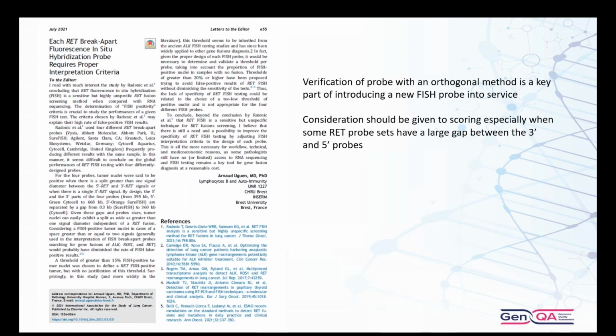But there was also a letter that was commenting on this publication and saying, yeah, okay, I've read your article, but what's really important is understanding your probe set. Some of the RET probes have got a really big gap in between the red and the green. So if you're just saying, right, 15% of my tumour cells, which is what you would say for ALK, if they've got a pulled apart signal pattern, then yeah, I'm saying that's rearranged. But actually, you need to do a really good validation for your FISH probe so that you're confident on what your signal patterns look like,